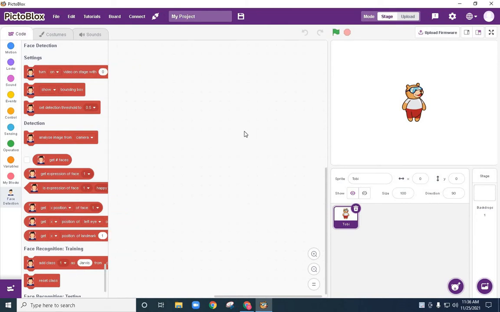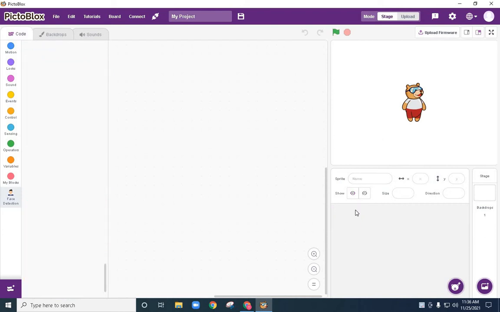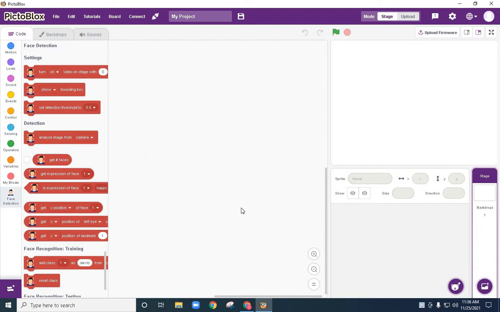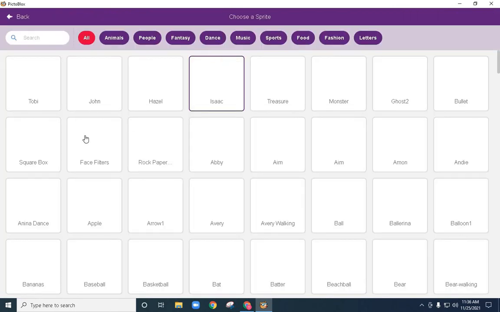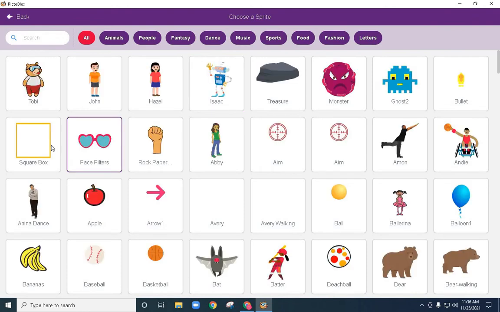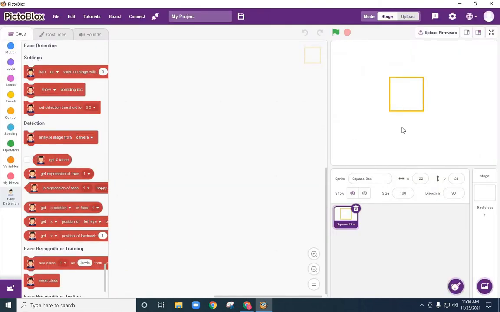Now what I want to do is program on whatever expression is there. It should identify the expression and display the message. So I'm taking a sprite, that is a square box. We can take a board also, and right now I'm taking a square box. You can see it's a square box.